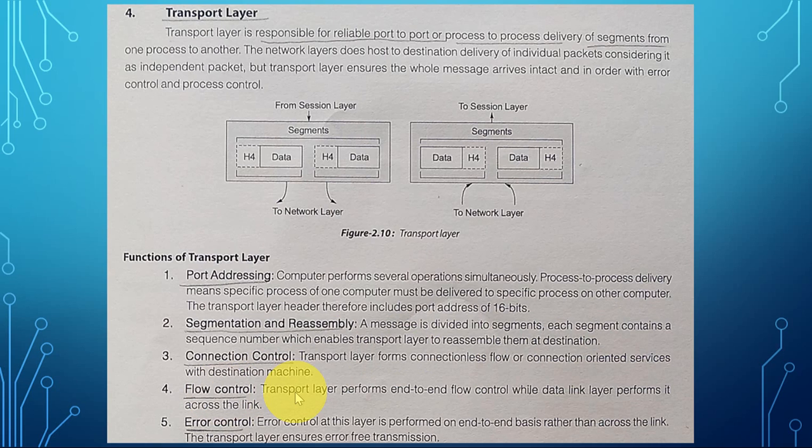Flow control: the transport layer performs end-to-end flow control, while the data link layer performs it across the link. For flow control and error control, header data is provided.